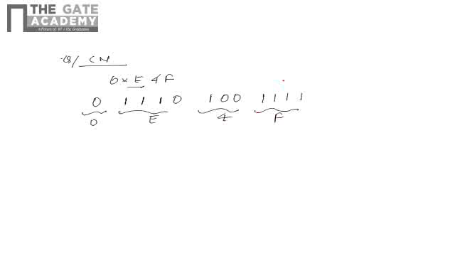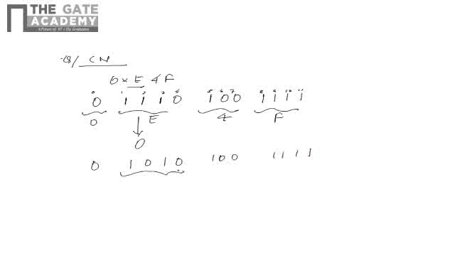Now it is telling that there is a 1 bit error. We have to assume that there is only 1 bit error, so you just check out the option. If you have a 1 bit error, then for correcting the error you can change this. The bits are numbered 0 1 2 3 4 5 6 7 8 9 10 11, so 12 bits are there, and we just change bit 2, changing bit 1 to 0. So what will it become? It will become 0 1 0 1 0 1 0 0 1 1 1 1.